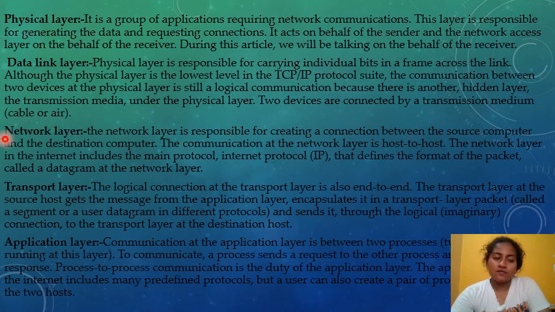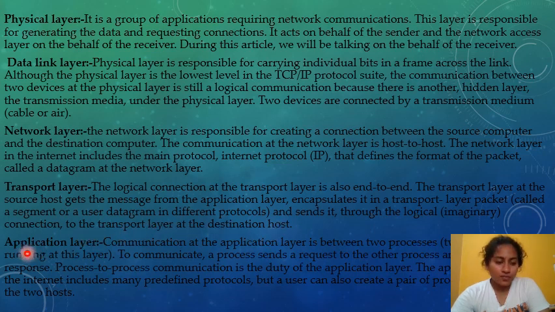Then coming to the network layer, which is responsible for creating a connection between the source computer and the destination computer. The communication at the network layer is host to host. The network layer in the internet includes the main protocol, the Internet Protocol, which is IP, that defines the format of the packet, called a datagram, at the network layer. Coming to the transport layer, the logical connection at the transport layer is also end-to-end. The transport layer at the source host gets the message from the application layer, encapsulates it in a transport layer packet and then sends it through the logical connection to the transport layer at the destination